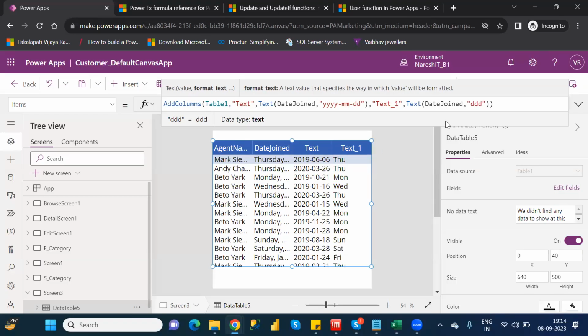If you are giving three Ds, it means the shortcut of the week name. What is that? The shortcut of the week name. If you are giving four Ds, the full week name will be displayed. Understand clearly? Full week name will be displayed. Suppose, for example,